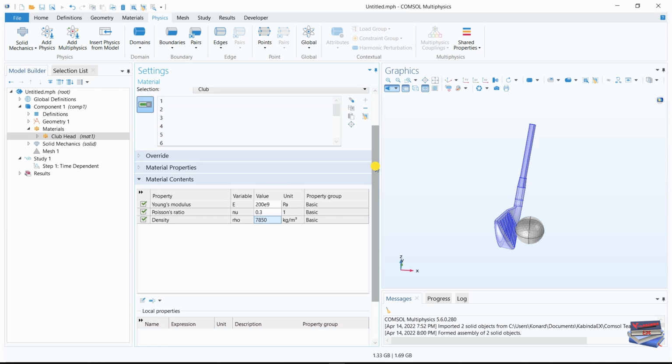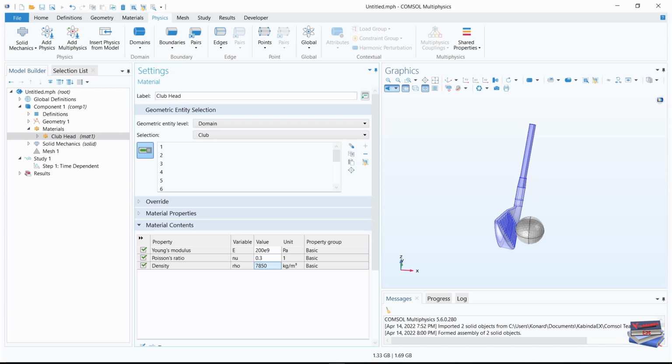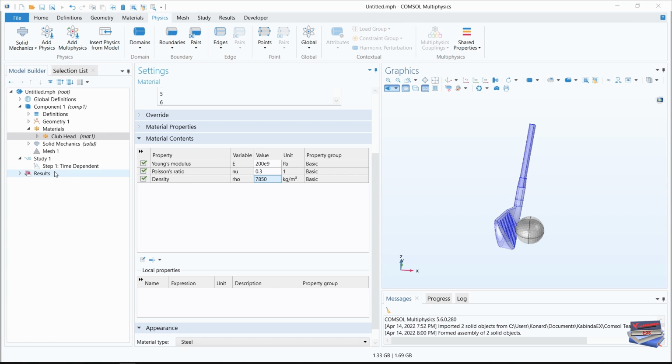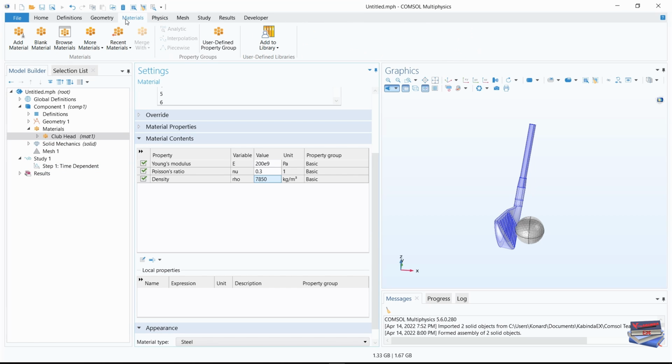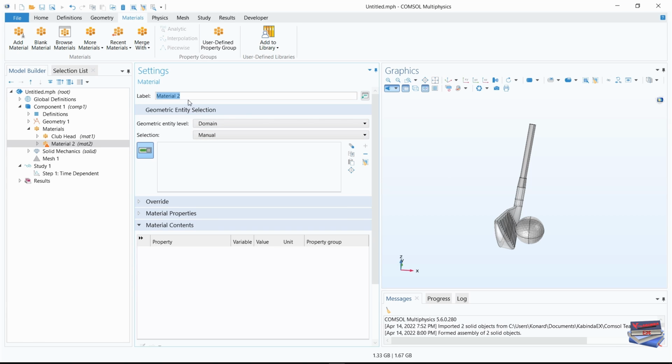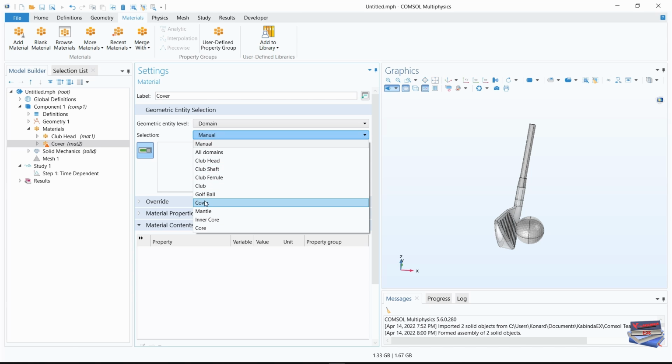Okay, so this looks fine, and we now need to create a cover. So let's create another blank material. If you want, you can go to the materials under the toolbar, so home, definition, geometry, materials, and you can add your blank material from here the same. So let's click blank material again, and let's call this cover, and let's choose cover from the selection,